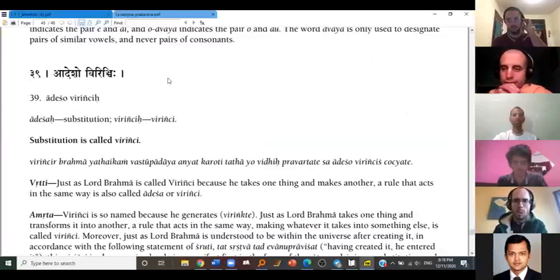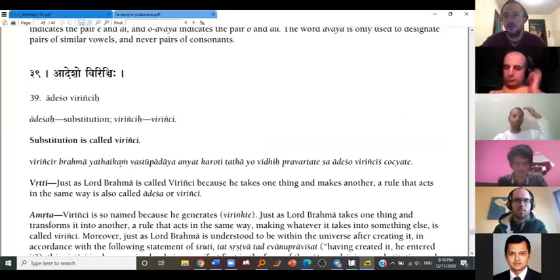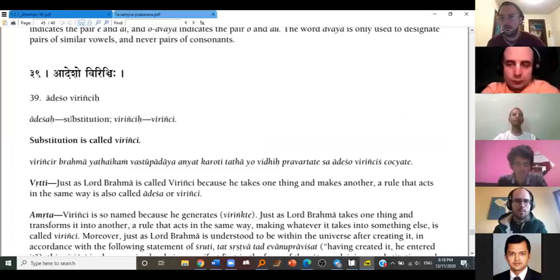Sutra 39th, ādeśo viriñciḥ. Substitution is called viriñciḥ. We know substitution. We replace something, so it's known as substitution. When we replace a letter or two letters by some letter or some letters, that process is known as